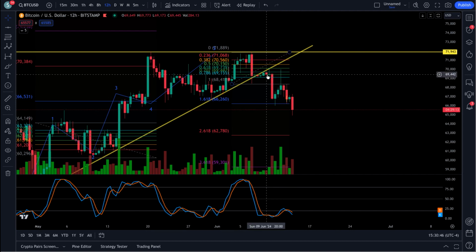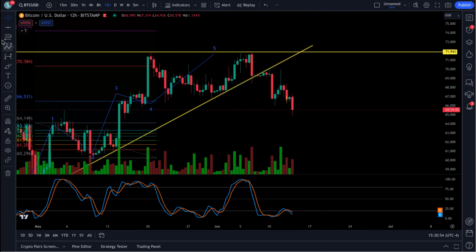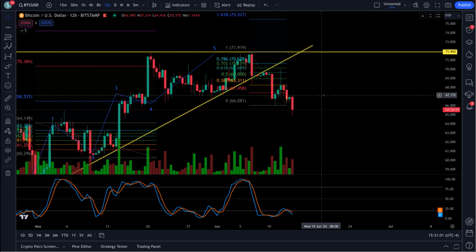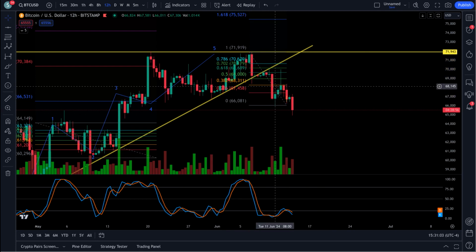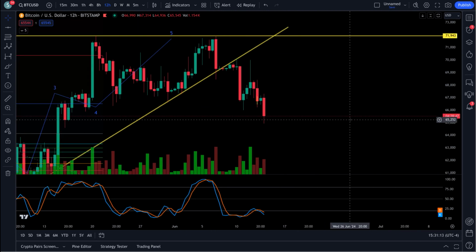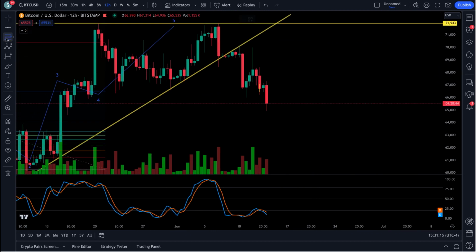How do we know this is a 1, 2, 3, 4, 5? Well, this one right here, we take a measurement on this from wave 1 down to wave 3. You got a .382 pullback right here, which is perfect for wave 4, and then you got your 5th wave extension. Where would this 5th wave end up stopping out here? Well, it should be a 1.618. Take a measurement on this thing